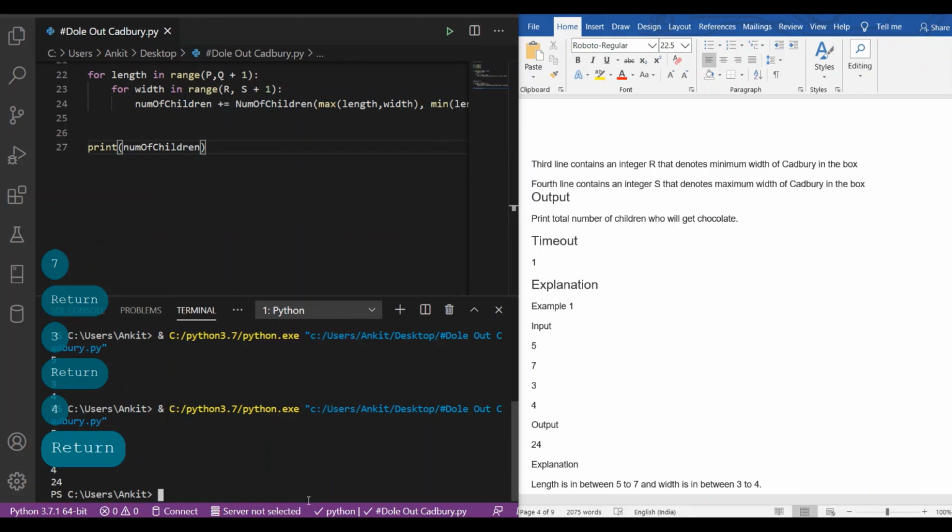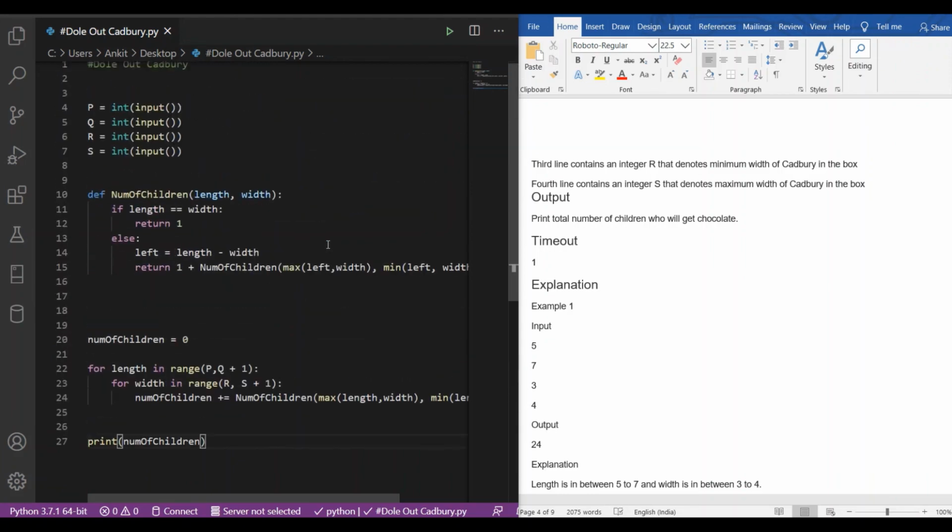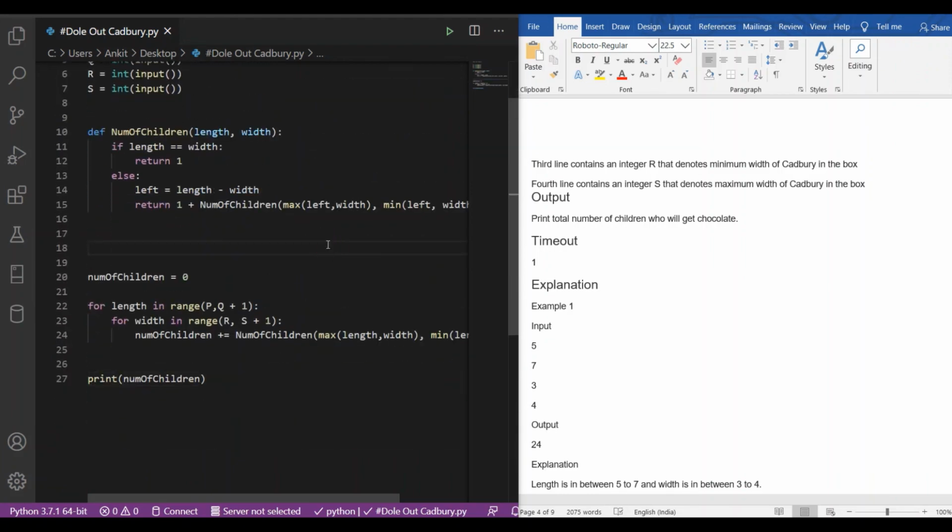The expected output is 24 and the output from the program is also 24. So our program is working quite fine. So with the help of recursion, we can solve this problem in such a way.